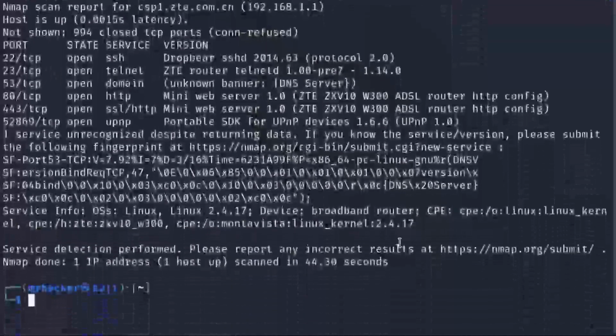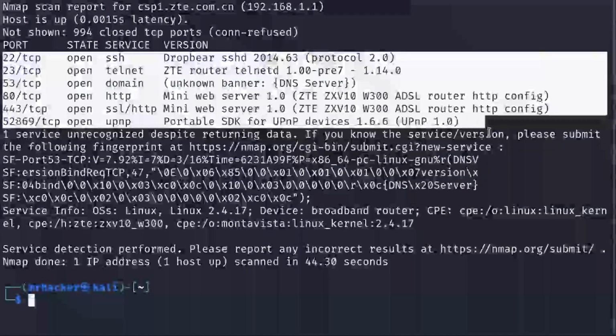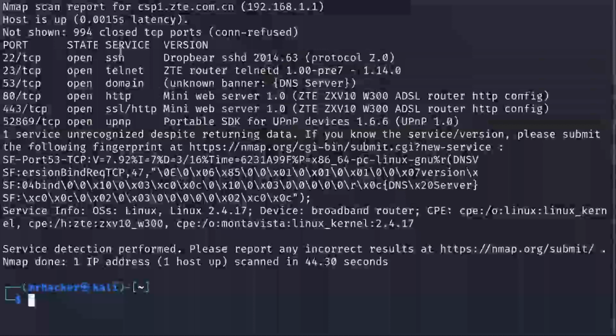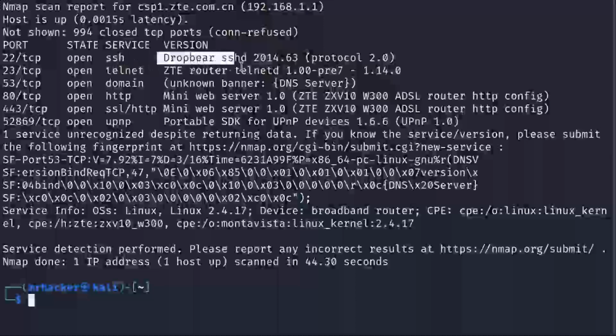get a larger output. The part that we are mostly interested in is this one right here. So besides these 3 columns that we already had with the previous 2 scans, which are which ports are open, what state they are at, and the services running, we also get the version. So the TCP port that is running the SSH service is running Dropbear SSH 2014.63. So we get the exact same version, and we get this for each and every service that is currently